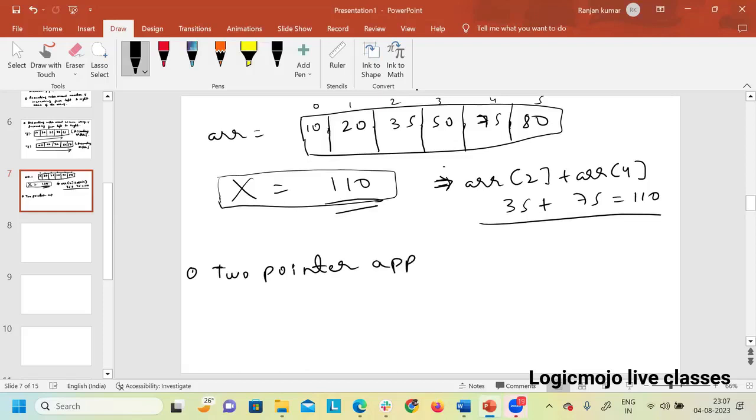So let me explain you this trick. This is one of the important tricks which you guys should keep in mind whenever you are solving problems related to array or string. So let me explain you the trick over here. So in the two-pointer approach,